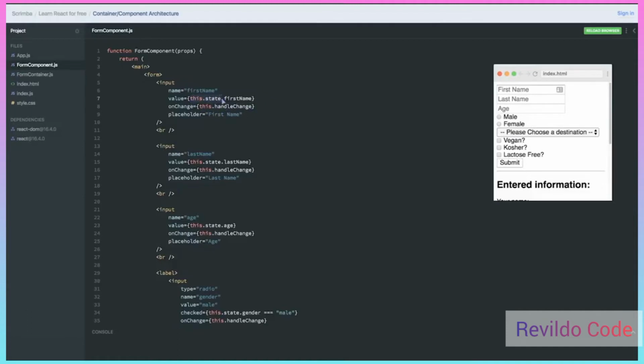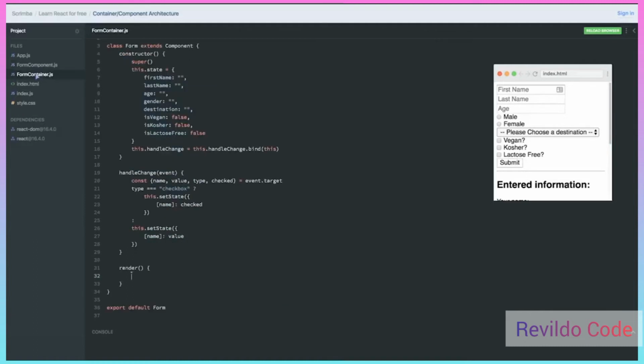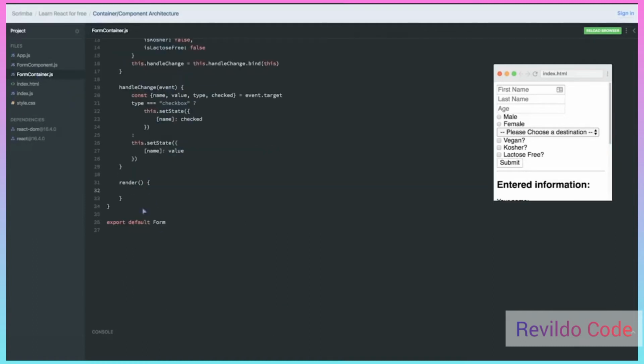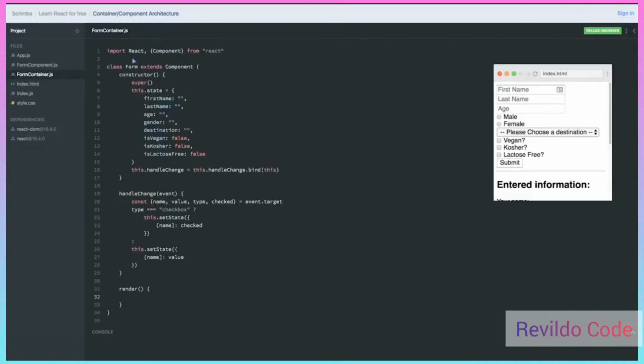Instead, it's going to be receiving everything through props. So we'll come back and fix this in a minute. But over on our form container, we now have an empty render. And what we're going to do is let the form container delegate all of the UI stuff to the form component. So at the top, I will need to